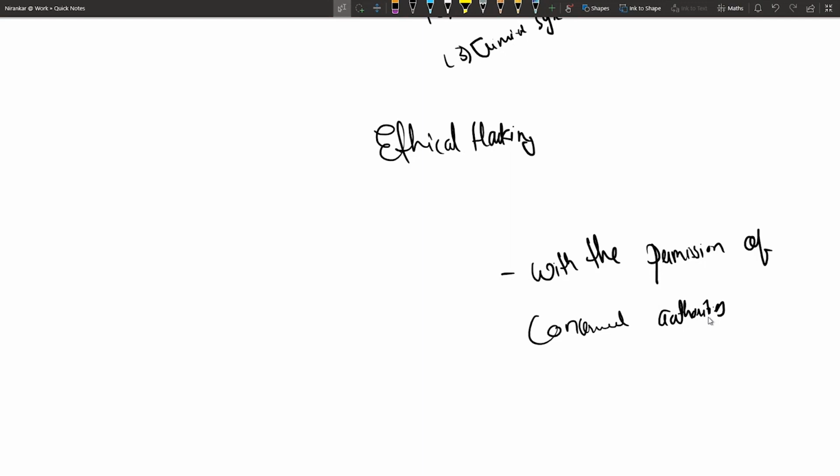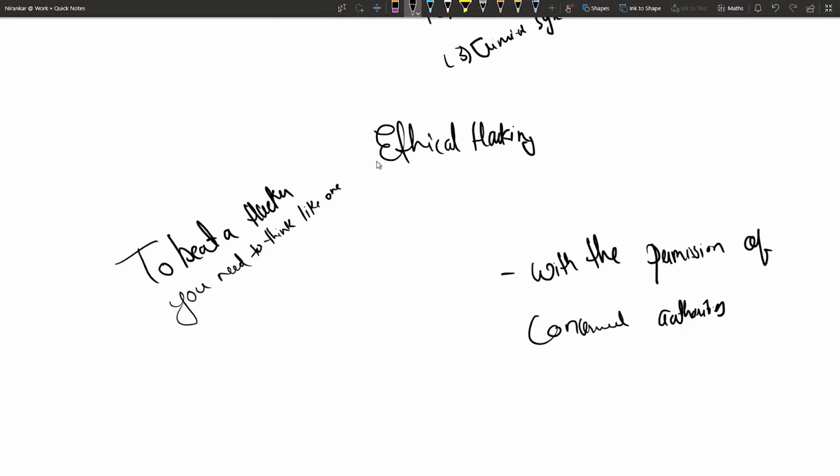So why is ethical hacking necessary? To beat a hacker, you need to think like one. Ethical hacking is necessary as it allows for counter attack against malicious hackers by anticipating the methods used to break into the system. And the reasons why organizations recruit ethical hackers are to prevent hackers from uncovering vulnerabilities, to strengthen an organization's security posture, to provide adequate preventive measures in order to avoid security breaches, to help safeguard customer data, and to enhance security awareness at all levels in the business.